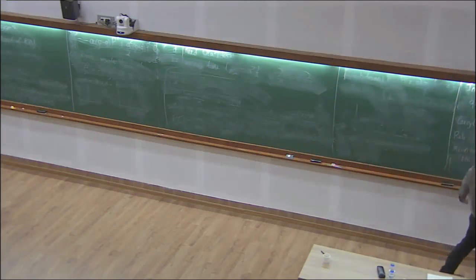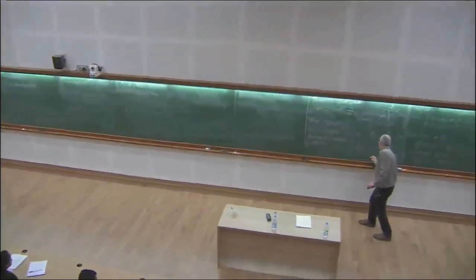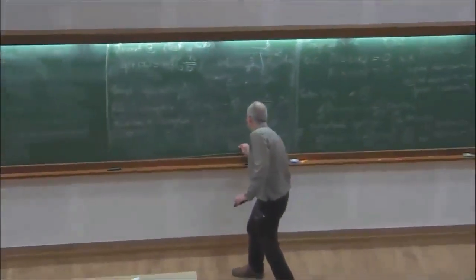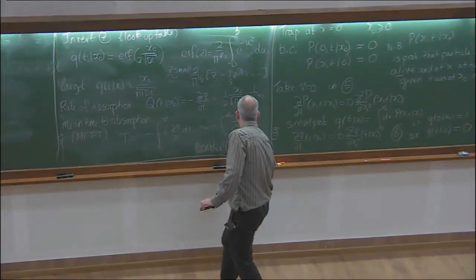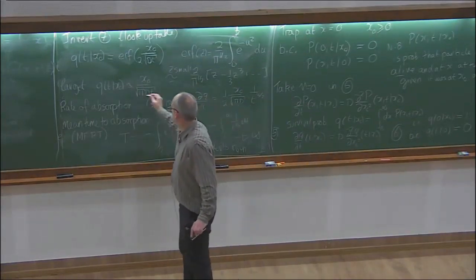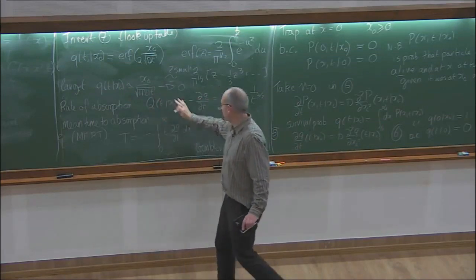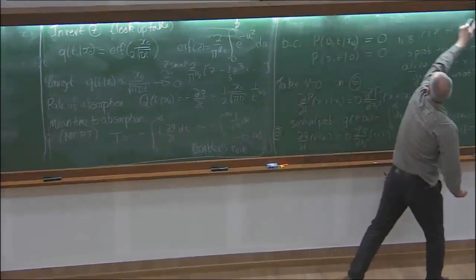Okay, if you're taking notes, the fact that this goes to infinity is called persistence, or the gambler's ruin. The two things here were that for large t, this goes to 0, so the survival probability goes to 0, but the mean time to absorption goes to infinity. They were the two important results there.